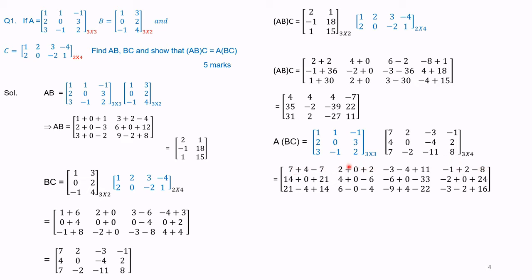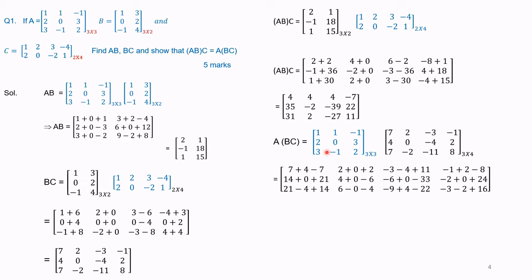Then similarly, we do for second row, first column. Second row, second column. Second row, third column. Second row, fourth column. We get 4 elements in row 2 of A into BC within brackets. Then finally, the third row of A into BC, we get